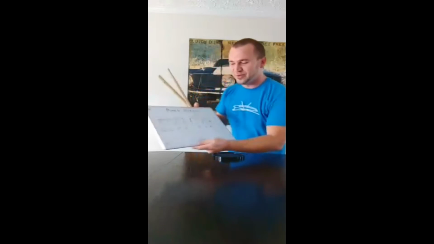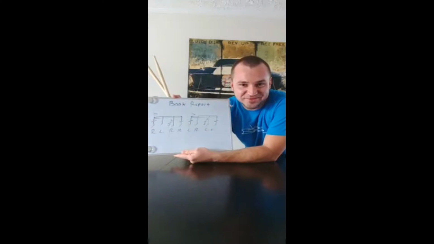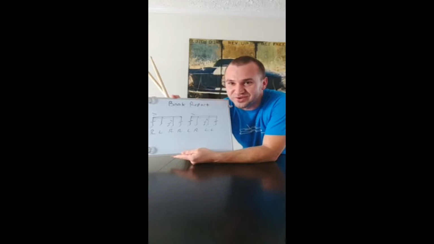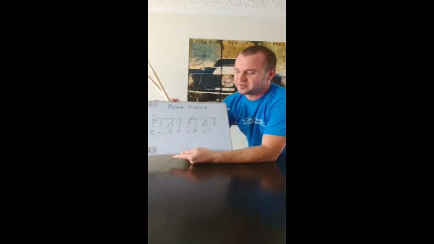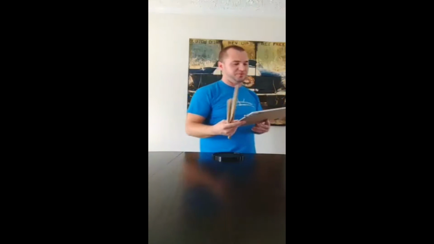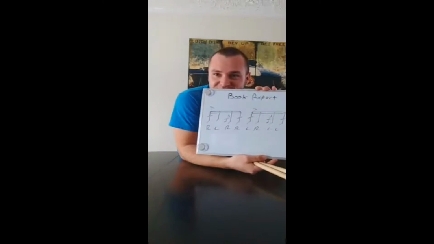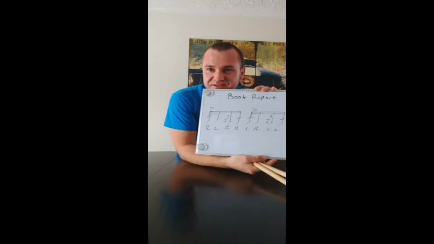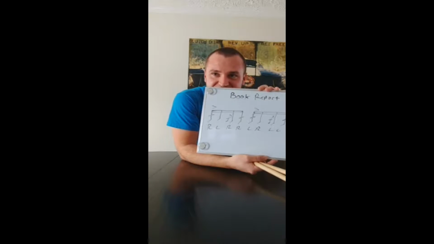All right, let's see. Let's go ahead and jump into it. Let's get started. All right, so first, you're going to laugh at my ghetto whiteboard that I've got, and I don't know if it's going to show it straight or backwards, but if you want to, you can look up the Hybrid Rudiment Book Report. All right, so I'm going to take you through a process of being able to break this down. As you can see, there are so many different partials, different things going on here, and all we really know if we've never looked at